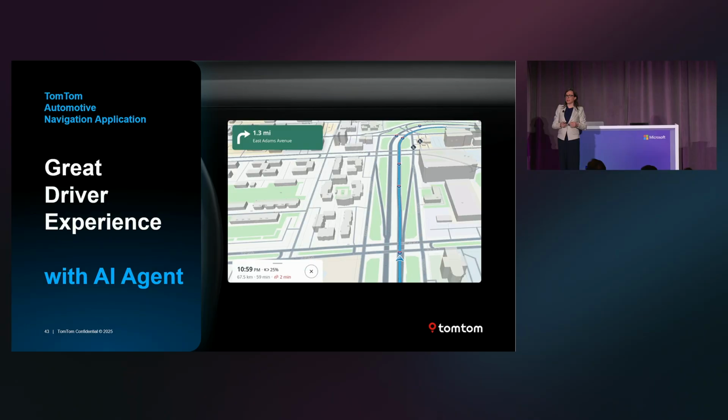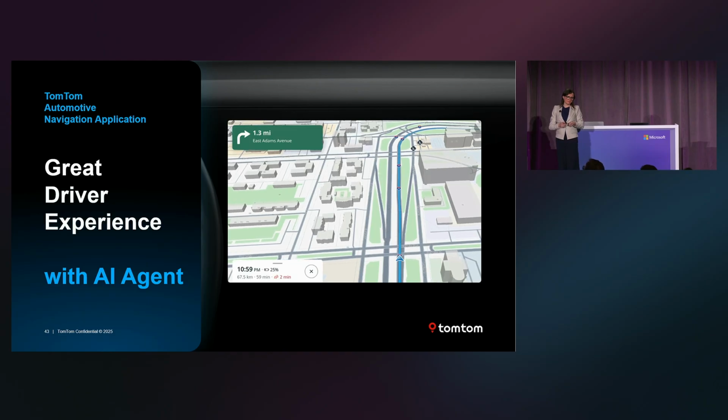So what we're doing, we're developing in partnership with Microsoft our own TomTom AI agent. What you're going to see in this demo is a multi-intent query, also the ability to ask follow-up questions, and a more natural dialogue between the agent and the driver.